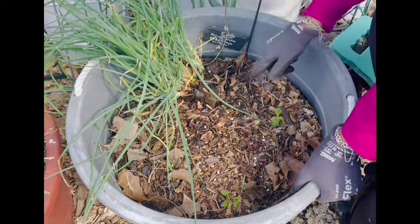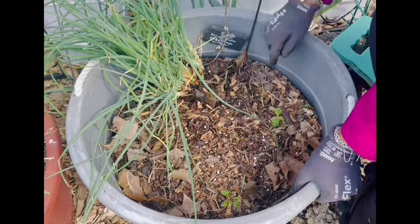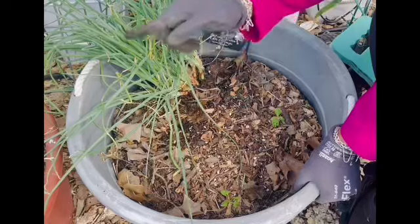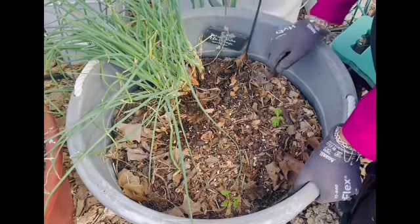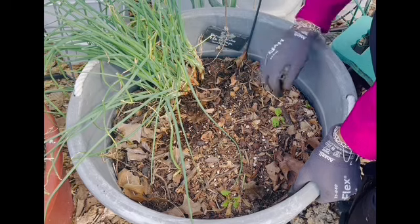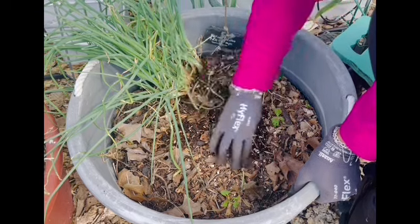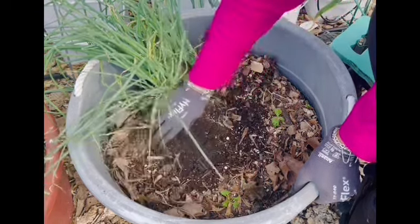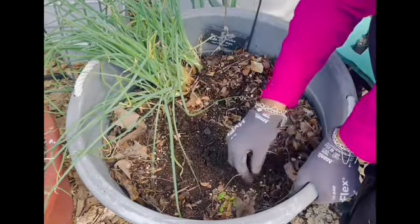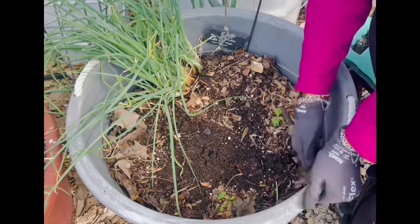Now, I do have about 3 turnips that have seeded from the pot next to it in here. I'm going to try to leave those alone. They may get disturbed while I put the tree in here, but I am going to put that tree in here. Again, it is an apple tree, and I am working on